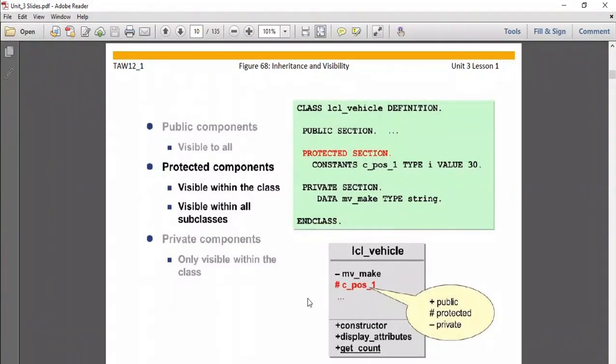Now the notation in case of a UML diagram, as I already told you: when we use the minus sign, that means it is used for the private section. We are declaring attributes in the private section. When we use the plus sign, that means we are declaring in the public section, and the protected section we represent with the help of the hash symbol. Just put the hash symbol in front of the variable, then it automatically identifies that it is protected.